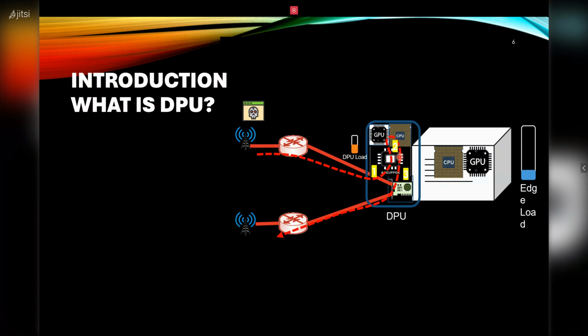Now I want to introduce the DPU. DPU means data processing unit. Like GPU is graphic processing unit, this is not a graphic processing unit, but it can also solve your problems. That is the meaning of DPU, but here we just have to tell what the DPU is. If you look at the start, this is a wireless antenna, or you can say a 5G or 6G antenna, connected to the router, which is connected to an edge device.